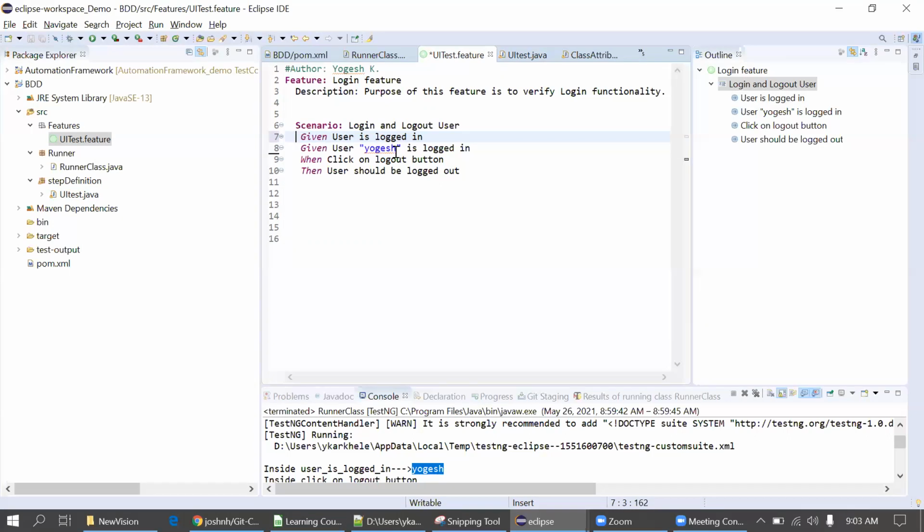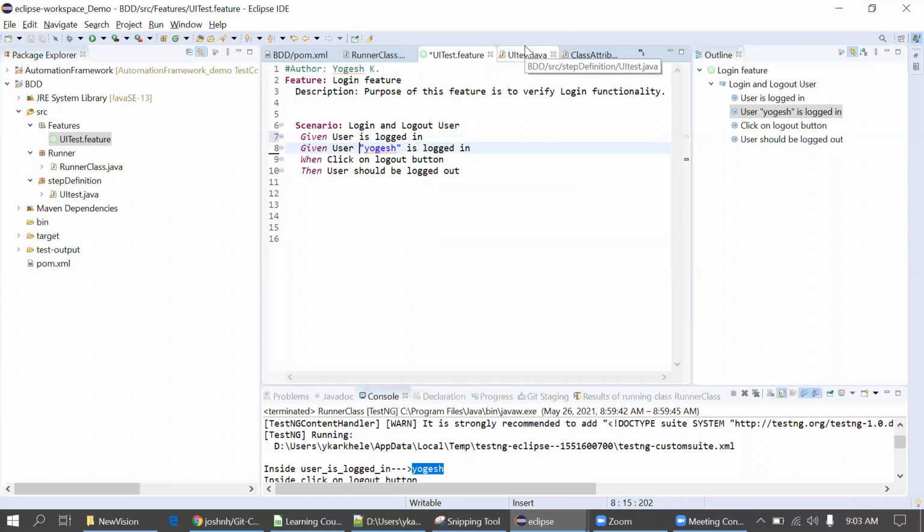Because we have made some changes in the feature file, right? If the feature file and step definition are not matching, it will automatically create the method for you in the console. But the method will remain there only in step definition. It will get overridden in the output. Yes, we can say overload actually.